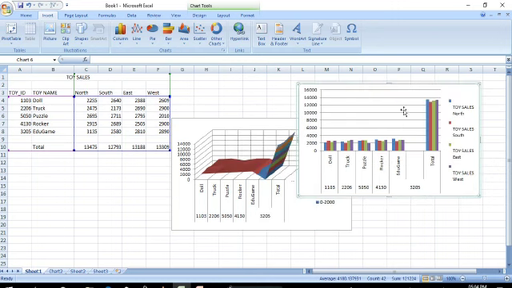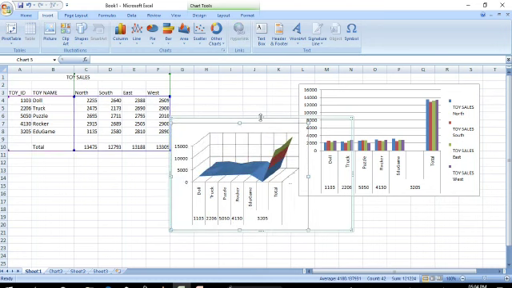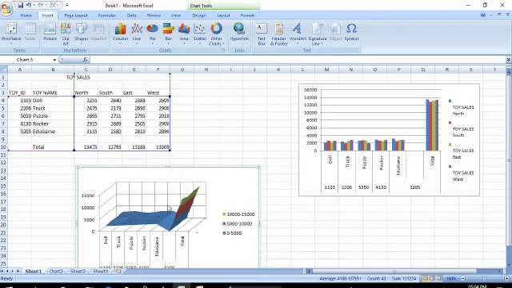See here, different charts I have created here. This is the wall, the vertical area, and this is the floor, the base area. Okay children, I hope you all understood the components of the chart as well as the types of the chart and how to create it.